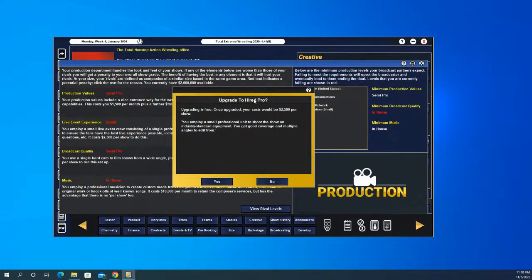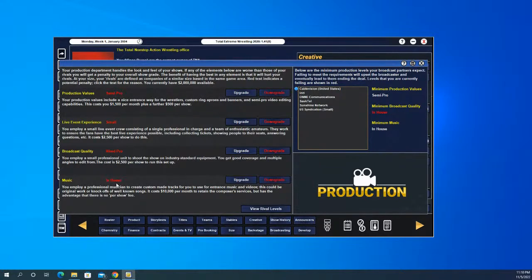So we're going to upgrade to Hired Pro. So let's go ahead and do that. We're going to upgrade to Hired Pro. It's still in the red. And it's also still in the red for Cablevision. So let's go ahead and upgrade it one more time. We're going to go up to